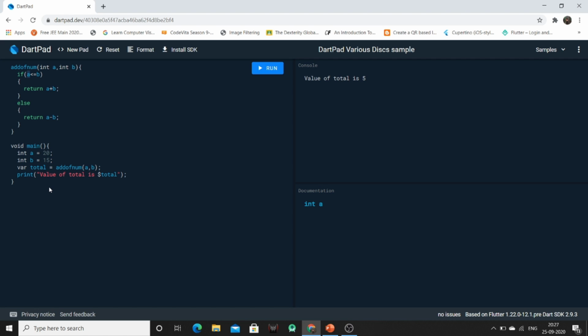Now we are having 4 types of loop, that is for loop, for in loop, while loop, and do while loop.